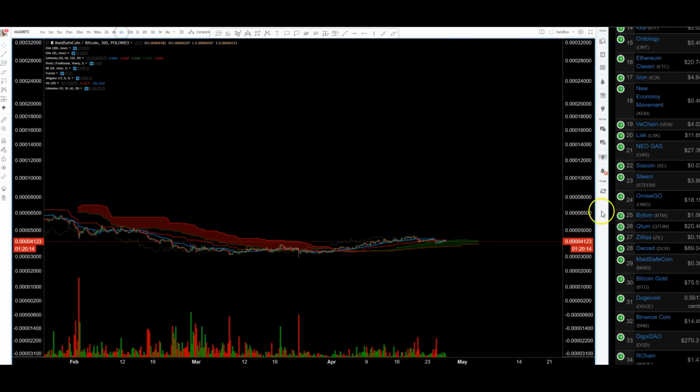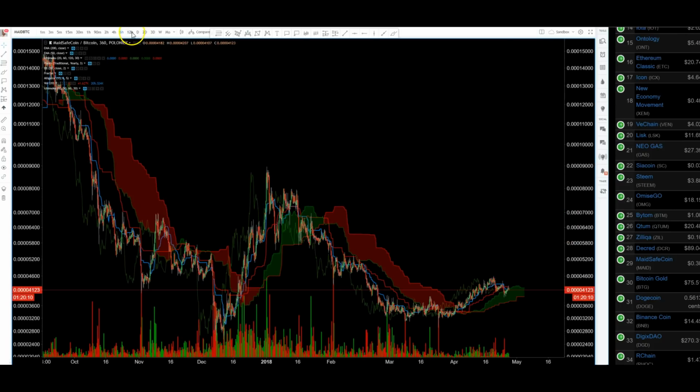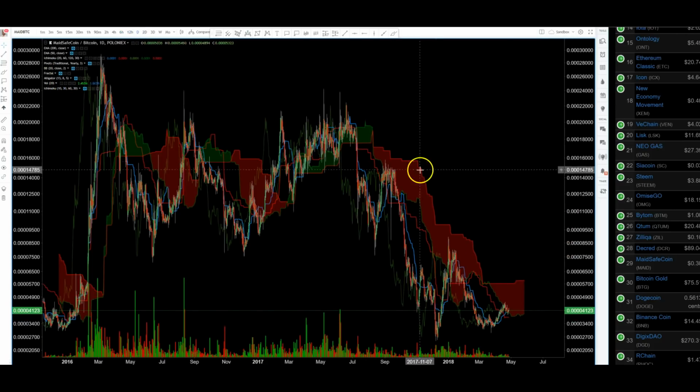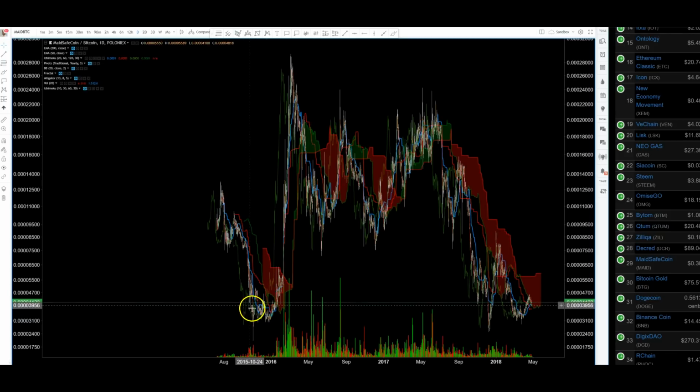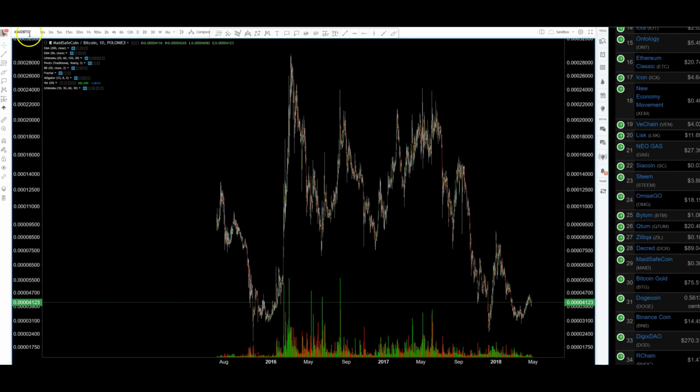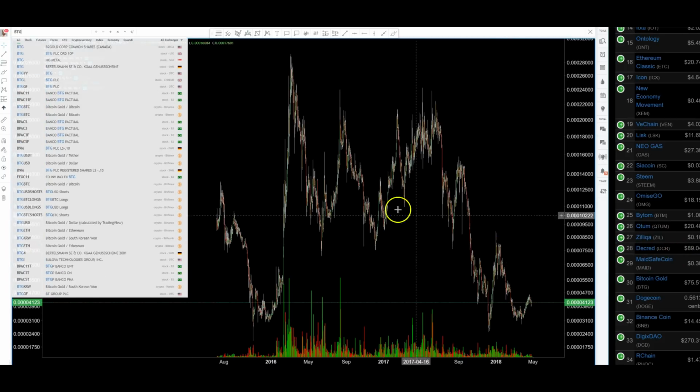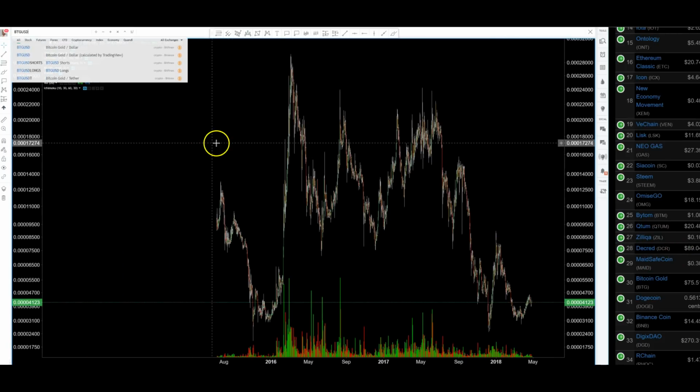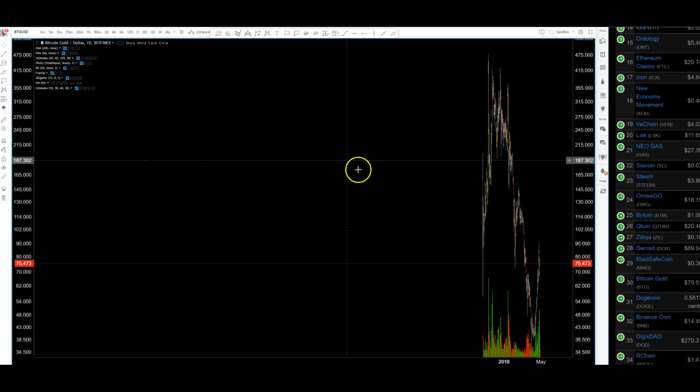I mean, if you're going to hold it for like 6 months to a year, it's probably fine to buy here, because you're buying historic lows, but there are better things you can trade. There's plenty of upside, but better things I think you can get into. Bitcoin Gold, interestingly enough, looked really good the other day, like last week. I didn't enter it because I'm stupid, but